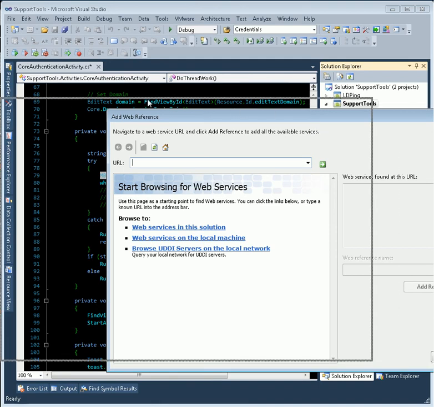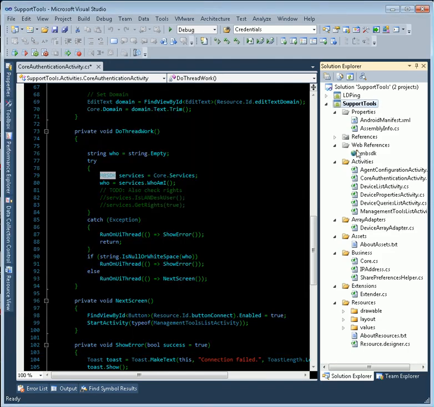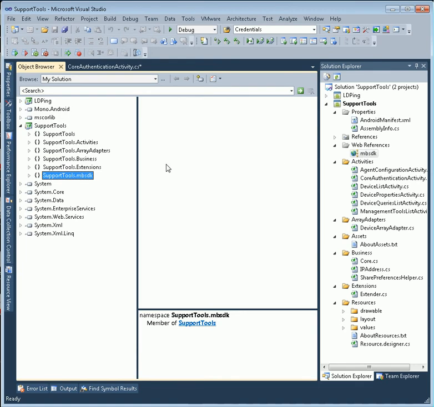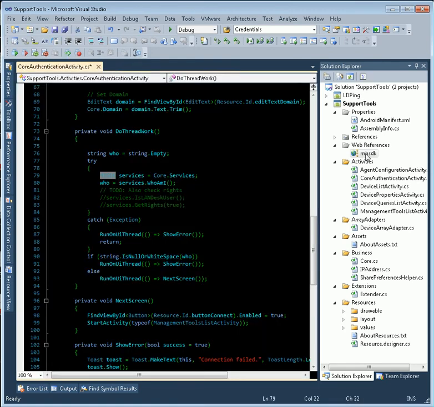So I'll go ahead and close this window, click cancel. I've already added this web reference. I did have to make a change to the web reference. By default, the web reference comes from one IP address and connects to one IP address. Obviously I'm writing something that any customer would connect to the IP address of their core, so the IP address is going to change. I was able to go in here and I made a slight change to one object